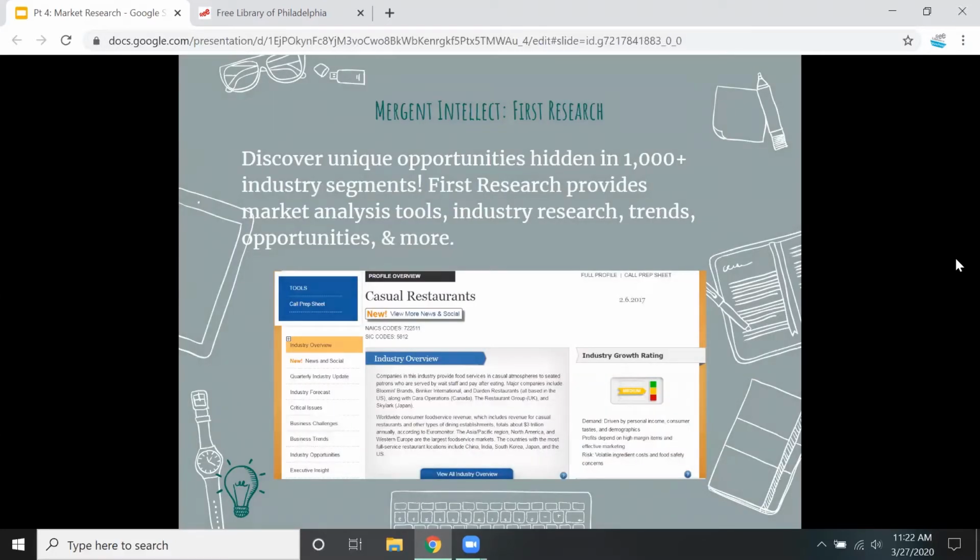The first database we're going to jump into today is called Mergent Intellect First Research. Mergent Intellect is my favorite market research database because it allows us to look at over 1,000 industries, and it provides quick, easy to digest information on market analysis, industry research, trends, opportunities, and even insights. So let's pop back into